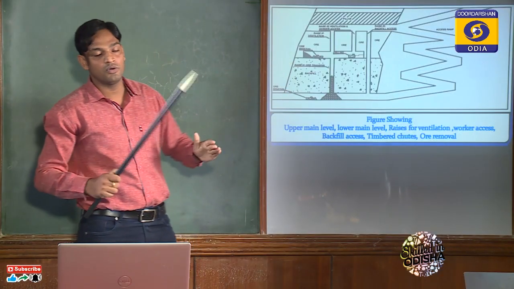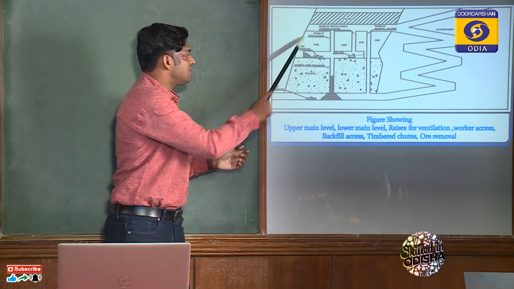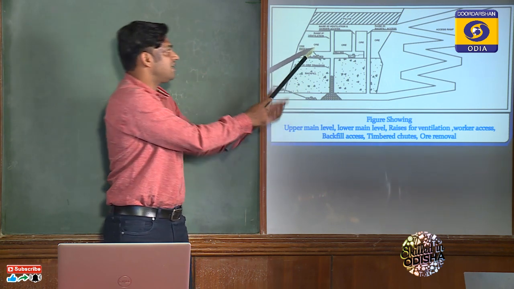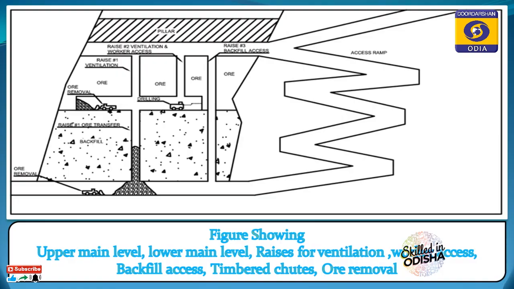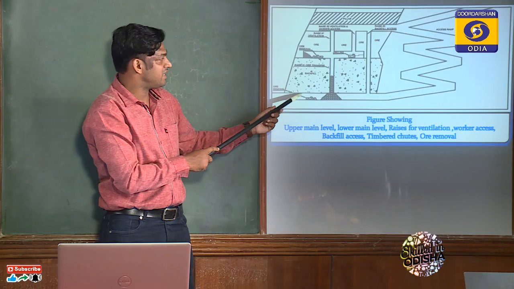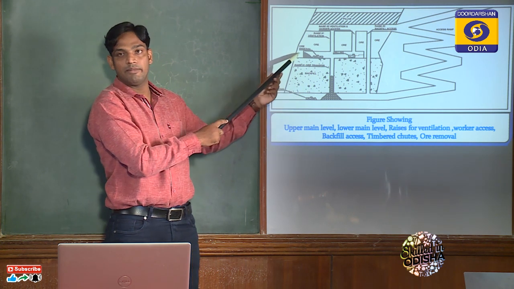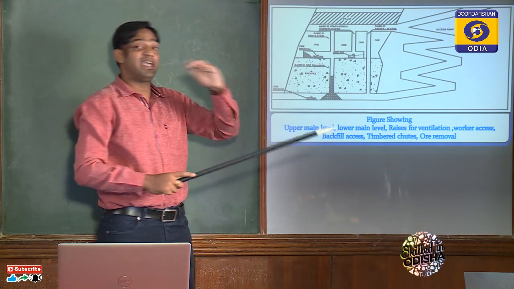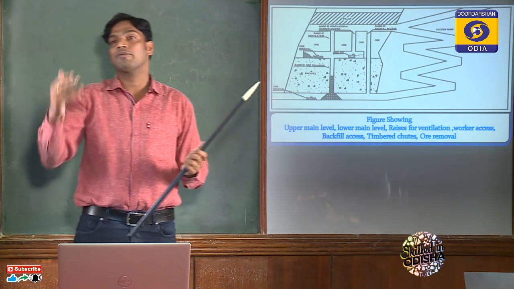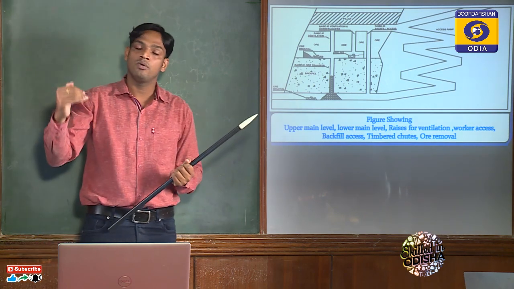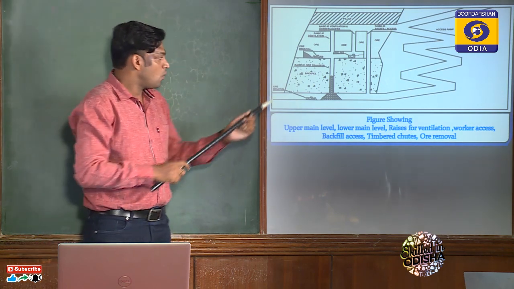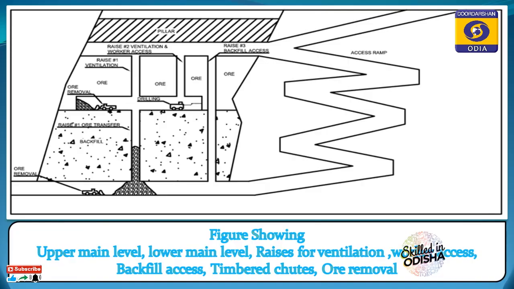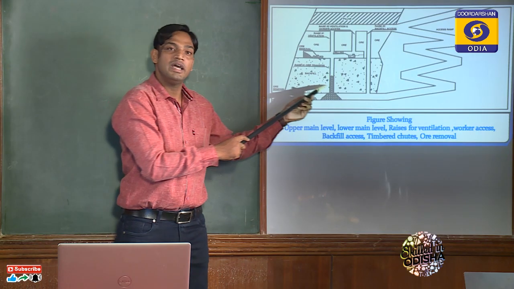Now if we have to start, then this is the ore body. Here it is written ore, here ore, here ore, but here it is written backfill. This portion is actually filled by the filling materials. From the initial stage, when we have to work from the stope, from the lower main level, we have to draw an undercut of 3 to 5 meters. From this, we have to take a slice from this part.